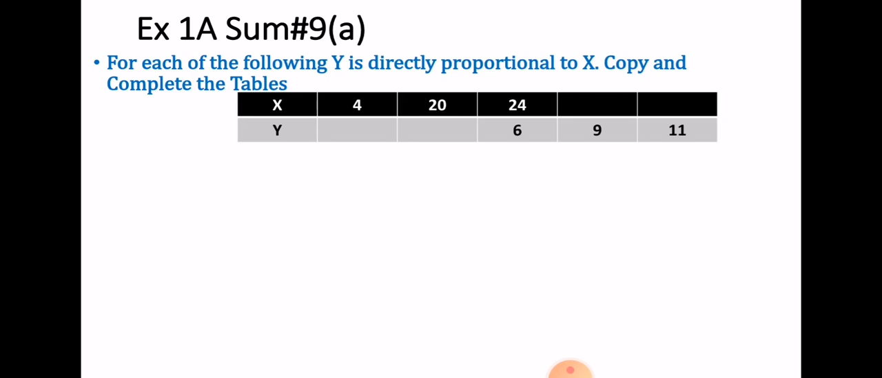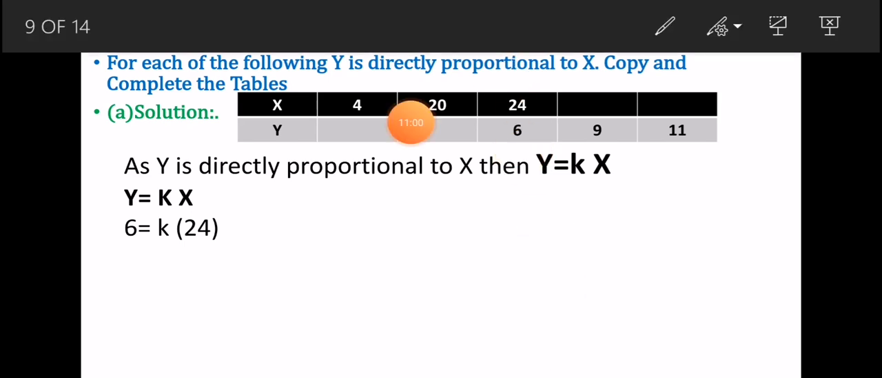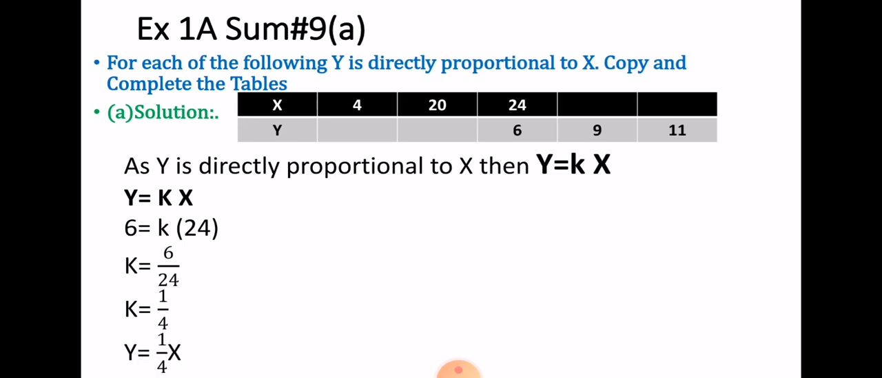So first of all, writing the equation: as y is directly proportional to x, then y is equal to kx, where k is a constant. So substituting the values, y is 6 and x is 24. Substituting these values here, we can write 6 equals k times 24. As 24 is being multiplied, it will be divided on the other hand side, or k is equal to 1 over 4 by simplifying, and now the equation will become y is equal to 1 over